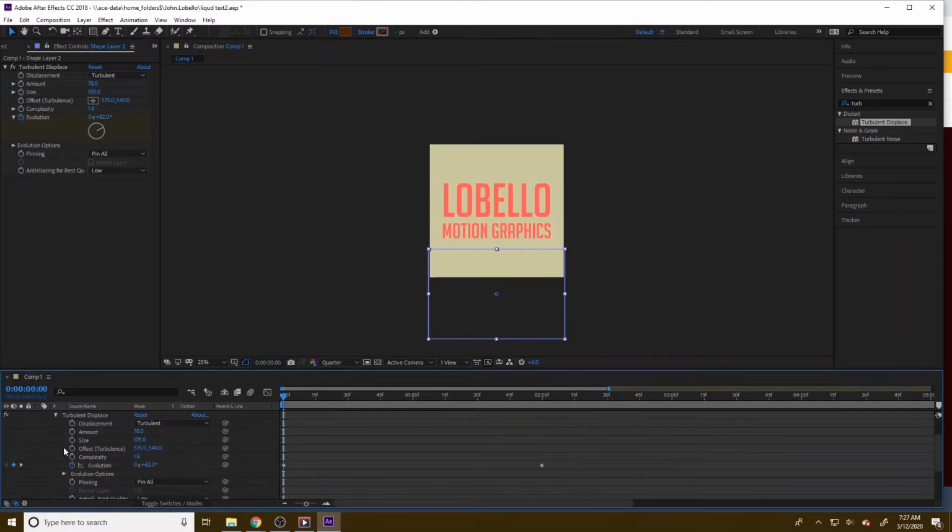For instance, the turbulent displace, maybe instead of amount, we could change the amount a little bit. Maybe we can change the size a little bit. Maybe we can even change the offset slightly. And maybe we can change the complexity here a little bit. So now we can already see that it's a little bit different in terms of